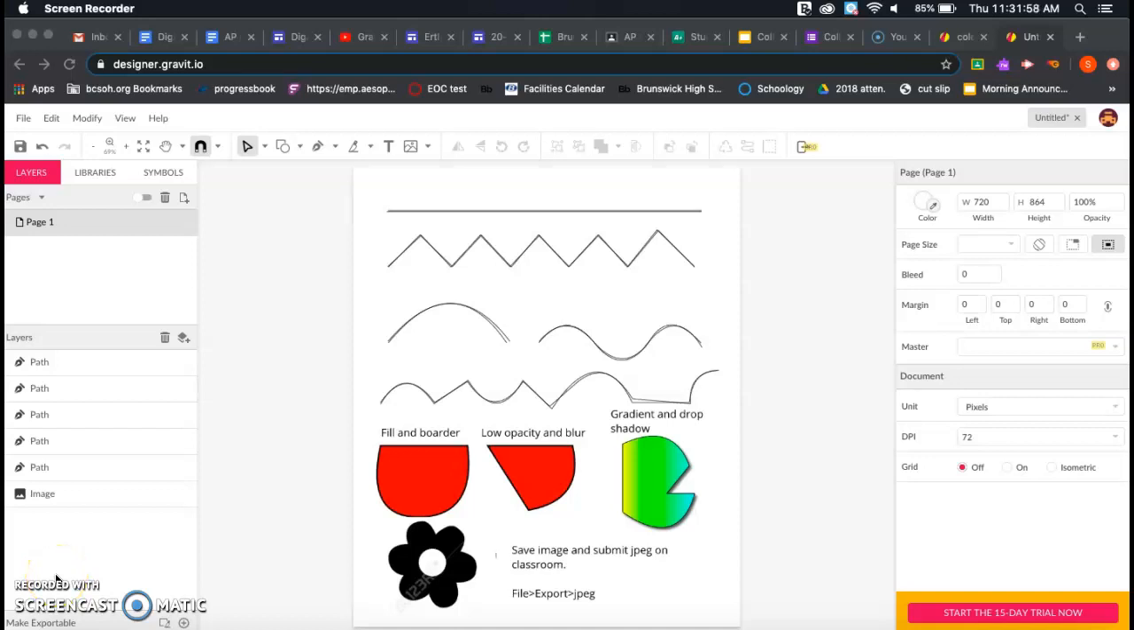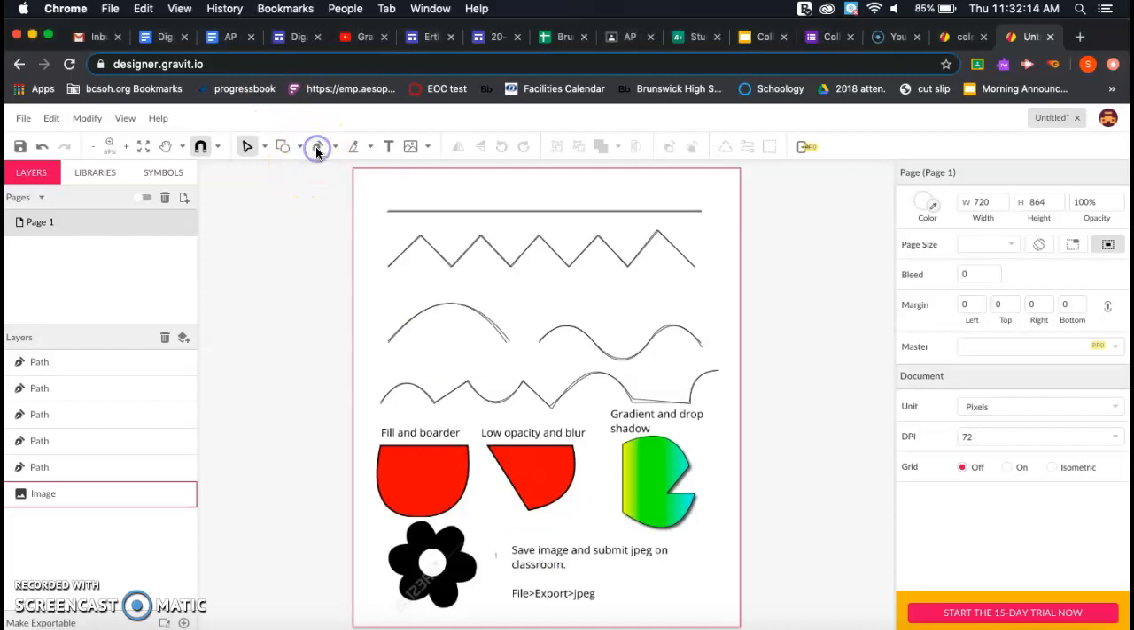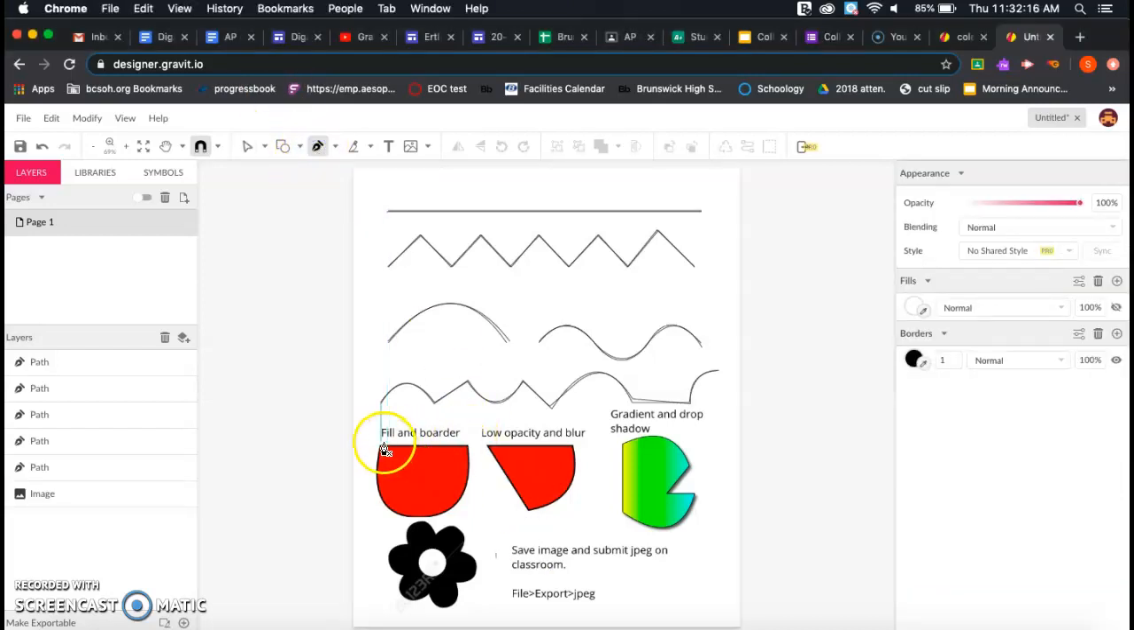The second part of your practice image here is going to focus on more of the effects, but I still want you to focus on really refining the use of the pen tool and how you're able to create those curves and really follow along with the outline as accurately as you can. But we're going to start out with this first shape here and just outline it, and then we're going to fill it and add a border to it just so that you can see how to add those effects